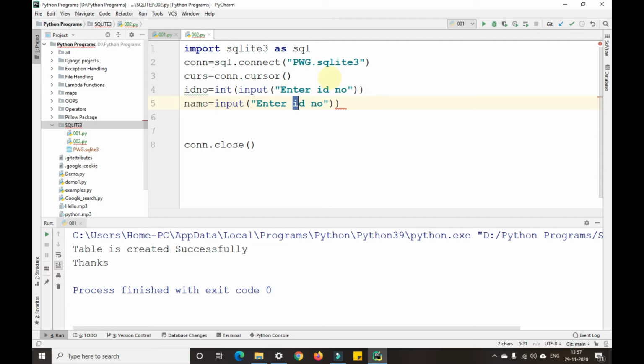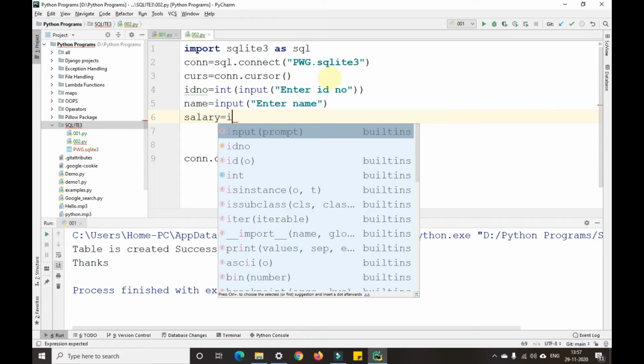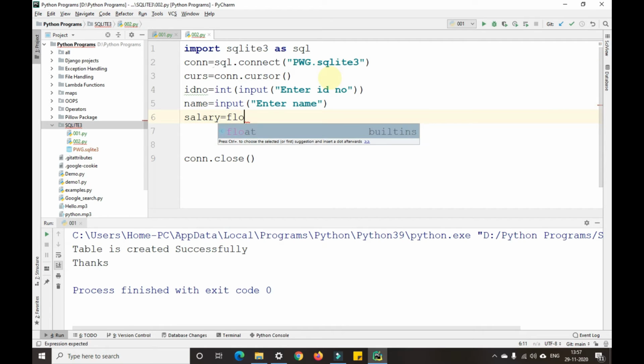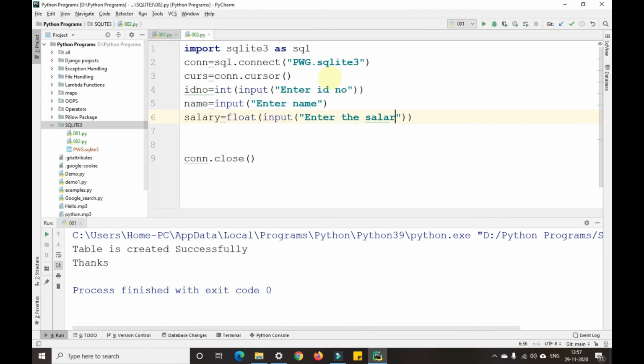Enter name. Then salary. As salary is float, real there, we need to convert this into float and take input, enter the salary. Okay.